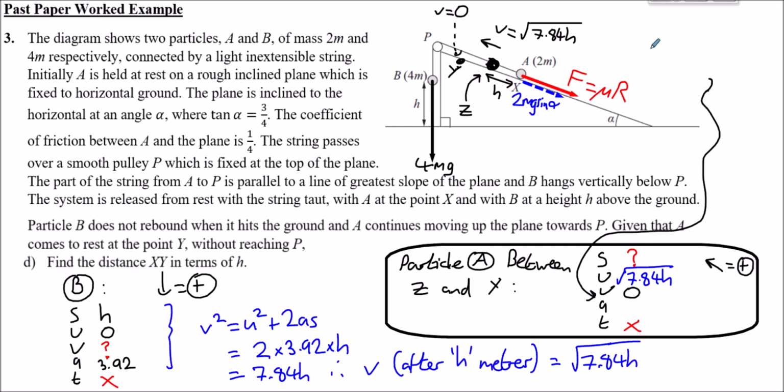So again, it's F equals ma. So mu r plus 2 mg sine theta will give us the magnitude of this acceleration. Now from before, we worked out what μr and 2mg were in easier form, so let's just